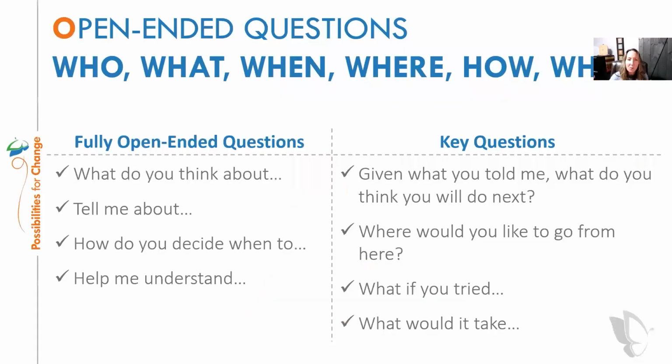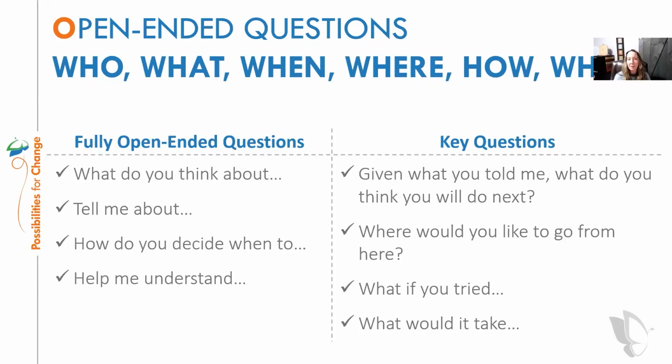strategies. So if we come back to the fully open questions, what you can see here is tell me about is part of that list. Because as that showed you, sometimes open-ended questions can elicit that 1 or 2 word response from teens. So we want to ask more fully open questions as much as possible to elicit some of that information, especially those youth that aren't ready to talk, they're not as forthcoming maybe as others.